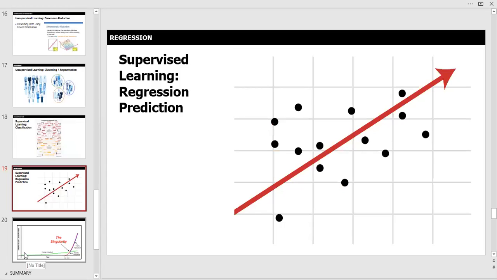The ultimate is, once we get enough of this data and we've trained the machines very, very well, then we get to prediction. Regression is prediction. So when you hear the word regression, in your mind I want you to think prediction, because that's really what they're talking about: how do we predict the future? Well, we predict the future based on history. That's why accounting is so important. I can't stress that enough.